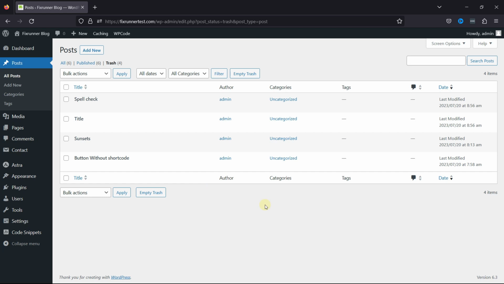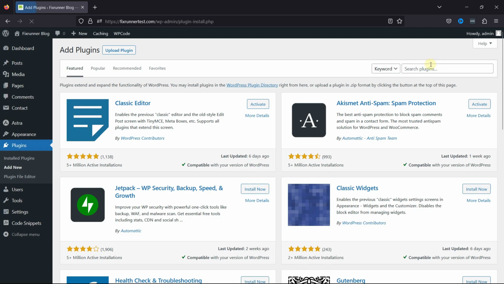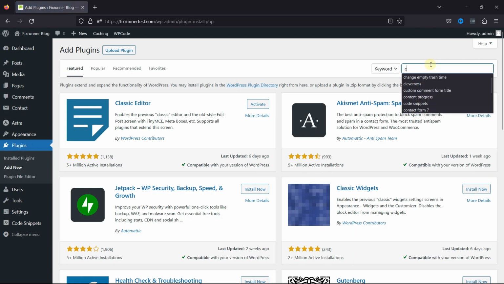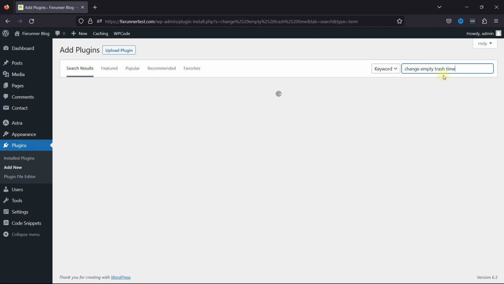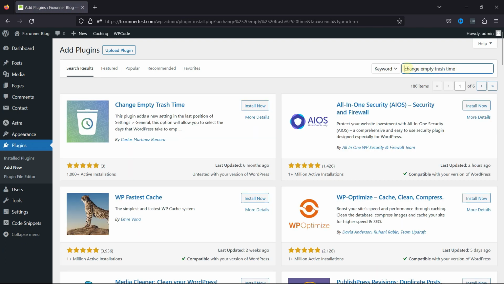For this functionality, all you need to do is hover over Plugins and click on Add New. Now, simply search for Change Empty Trash Time, and from the list of various plugins, this is the one we're looking for. So, simply click on Install Now, and you can see the plugin rating over here. Once installed, click on Activate,